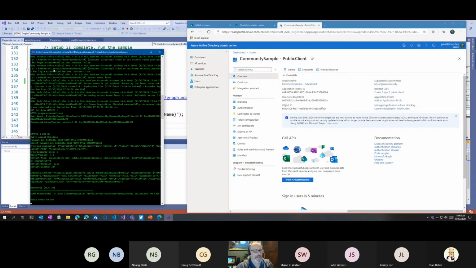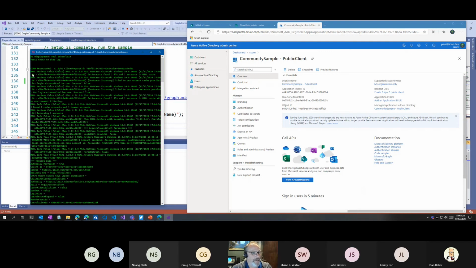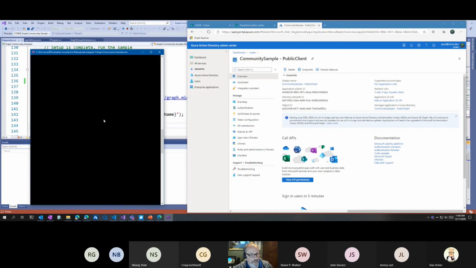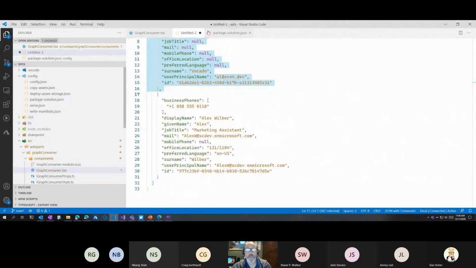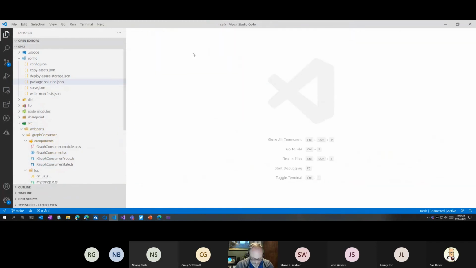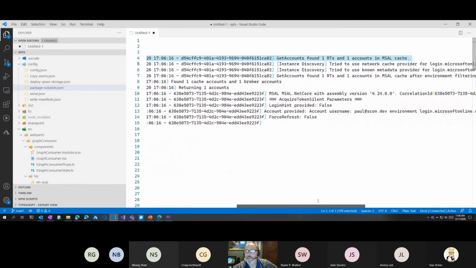If I press enter to see the log here, lots of stuff is happening. You'll see here it's going through. Here is the MSAL library. So I should probably copy these for you. Let me select all this, and I'll go back to my note. And if we look in here, here is the MSAL logging that's happening. If I scroll over to the right, you can see the details of what's happening here.